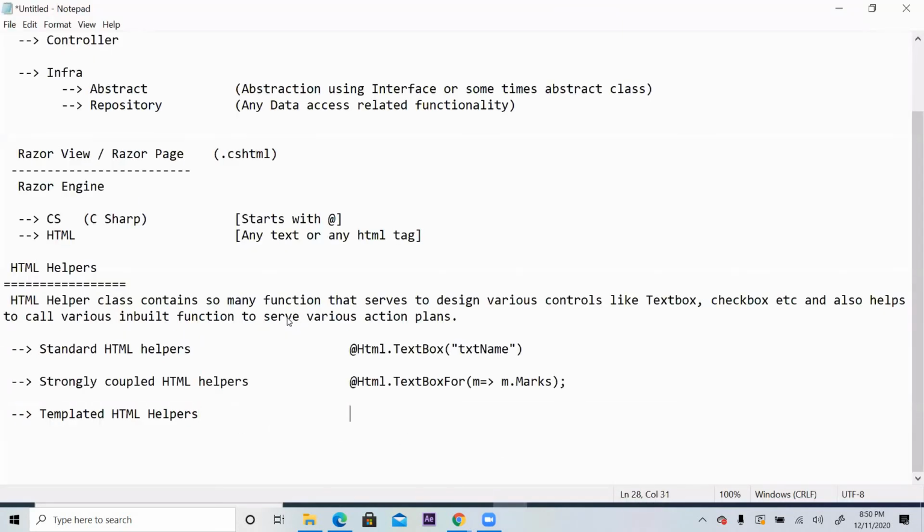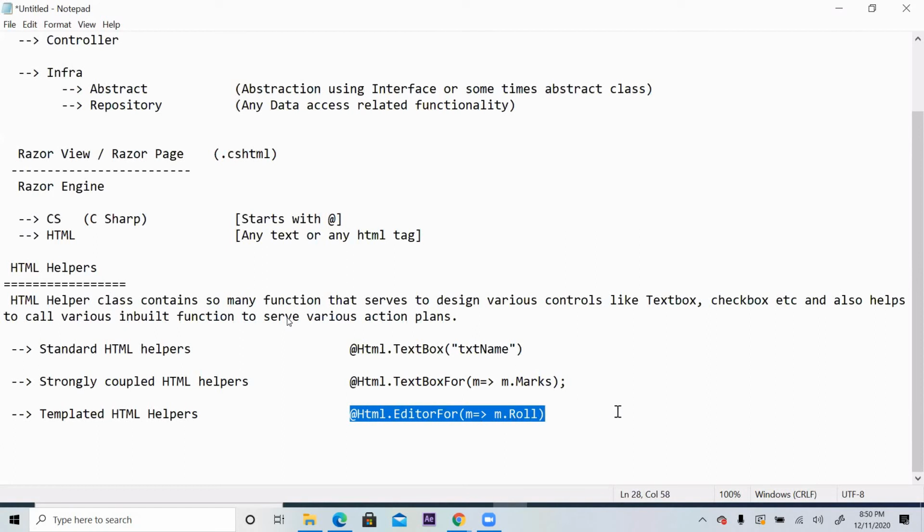Same text box, but I wrote @Html.EditorFor. When I say EditorFor, m such that m.RollNumber, what will happen? This will also draw a text box only, because it's an editor.